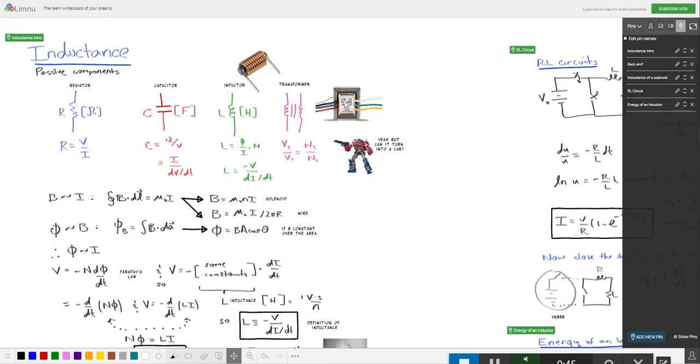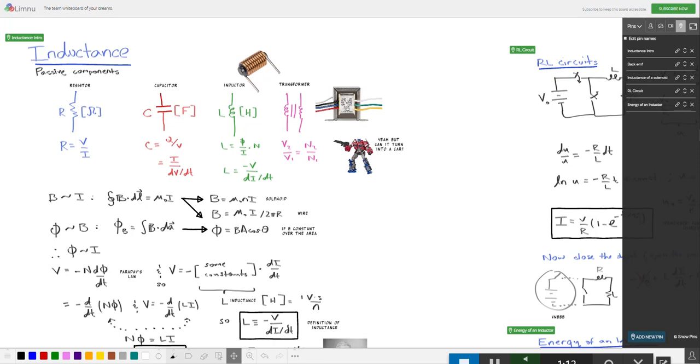And the two new ones that we're going to be talking about today are the inductor and the transformer. So an inductor looks like that. It's just a coil, and the symbol is a little curly line like that, and the symbol is L and the units are henries, or H for henries. And we see that just like capacitance being a proportionality constant between charge and voltage, inductance is the proportionality constant